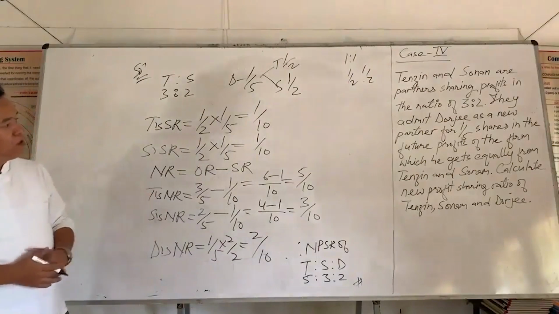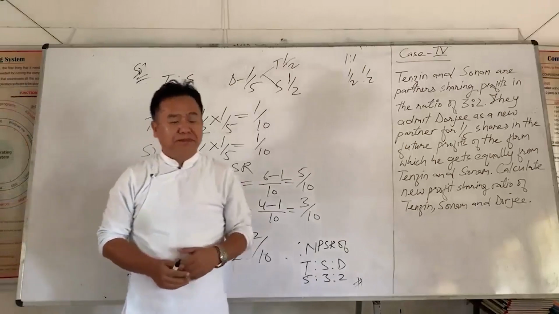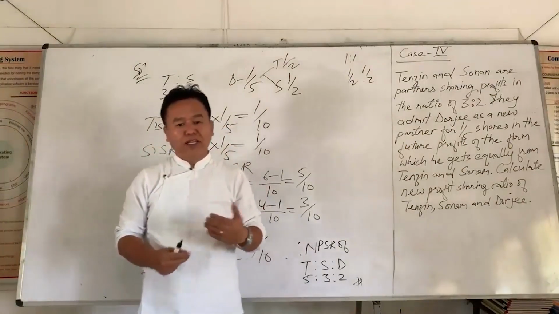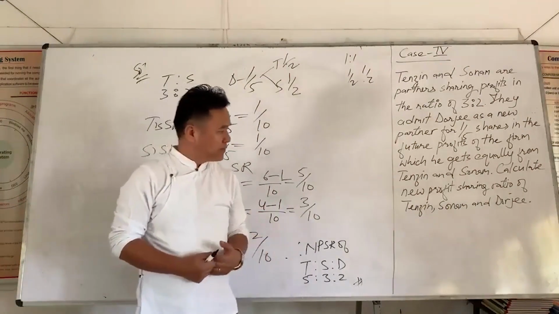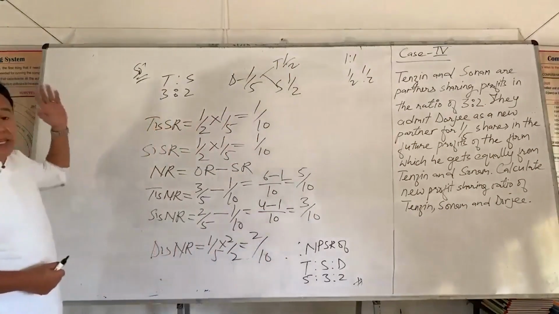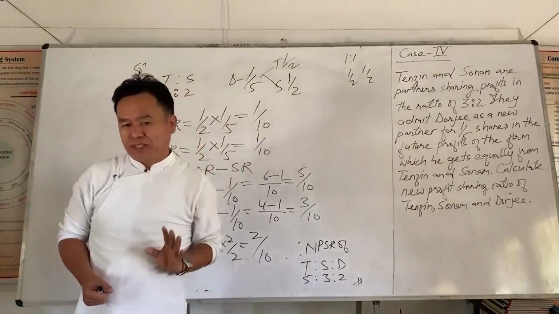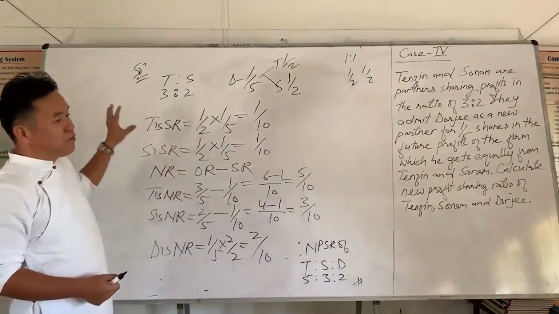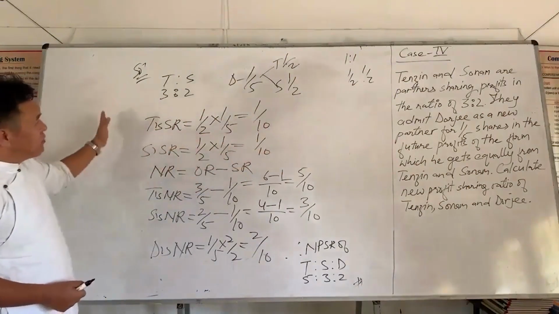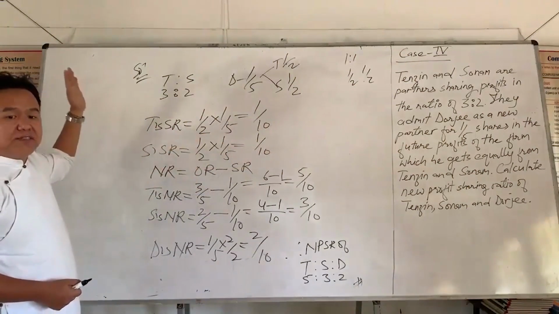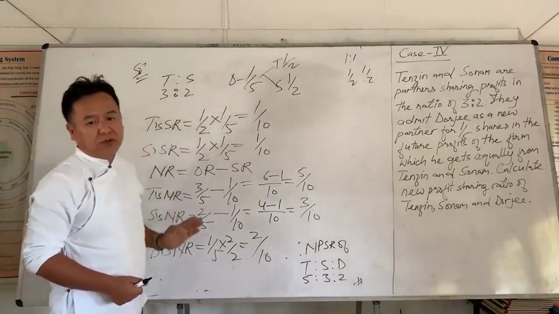Now we are done with all the cases regarding calculation of the profit sharing ratio. So before I wind up, I would like to quickly recall the topic that we have discussed today. In case number 1, you will find the old partners' ratio and the new partner's share of profit, and information regarding the sacrifice made by the old partner is not given. In case number 1, you have to first find the remaining share. Once you get the value of the remaining share, you can find the old partners' new ratio.